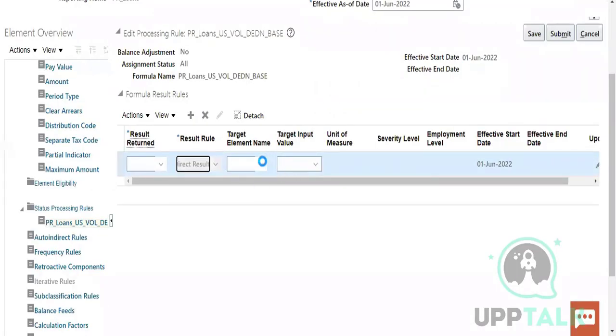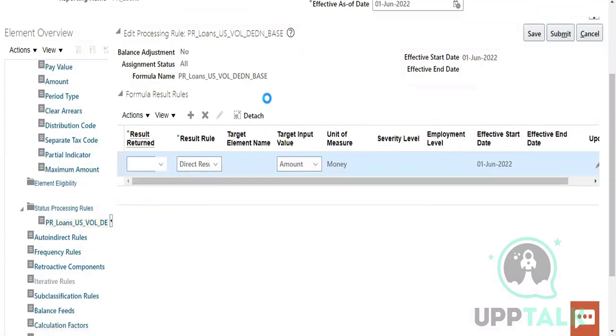Direct result, target name you can say as amount, unit of measure money, and result returned in the form of